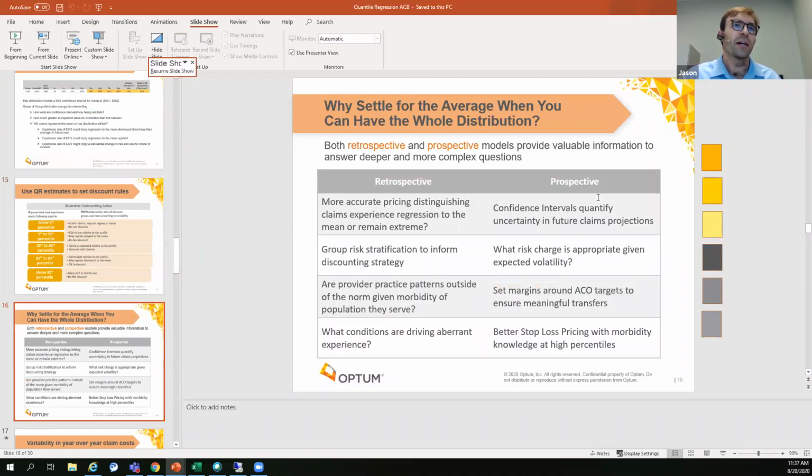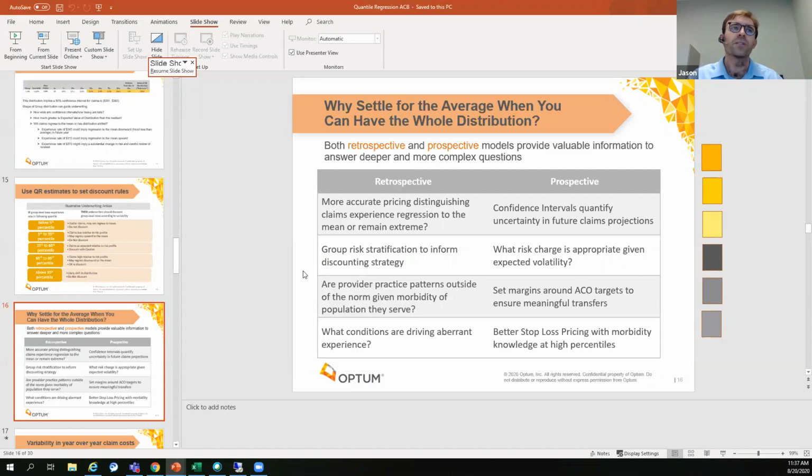So here's a whole bunch of different examples of applications of the quantile regression that I've talked about. We've talked about a bunch of these. I'll just illustrate a few that I haven't mentioned before, like looking at provider practice patterns. It's a really good application, in the sense that you first measure a PMPM for a provider, normalized relative to a group of similar PMPMs by using a risk score. But you always know that there's some margin just due to random variation, and this helps you